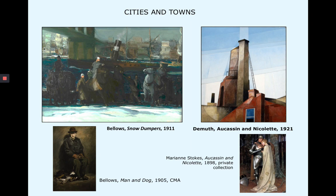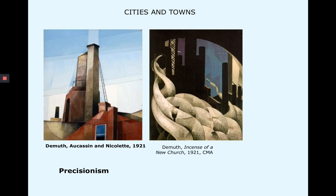And I'll show you another work in our permanent collection. We have a lot of important paintings by Charles Demuth that come to us from an early 20th century collector by the name of Ferdinand Howell, who left his collection to the museum in 1931 when our so-called historic building opened. And so this Incense of a New Church is similar to Aucassin and Nicolette in that it